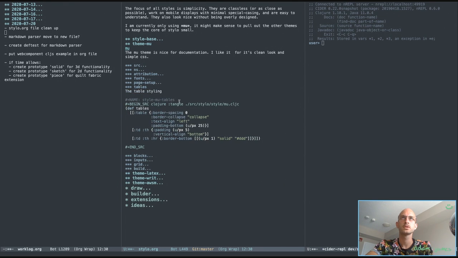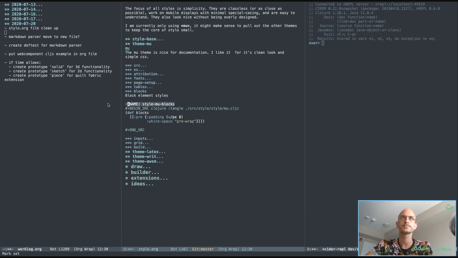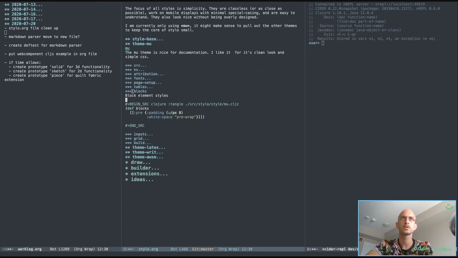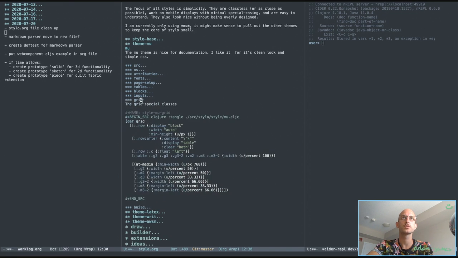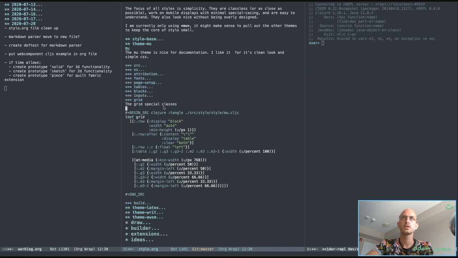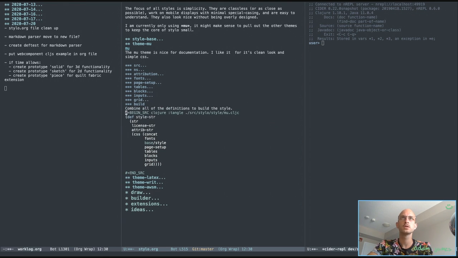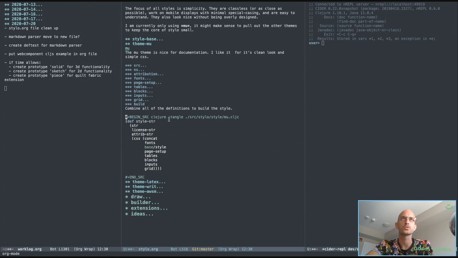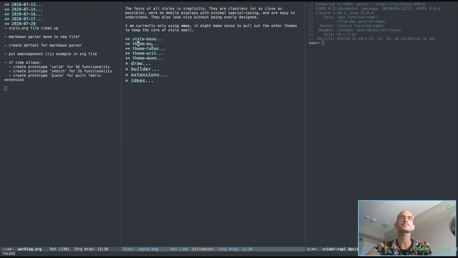Tables, blocks, good. Inputs, good. Grid, good. And build. Oops. That's good as well. So this source one I can get rid of again here. Okay, so